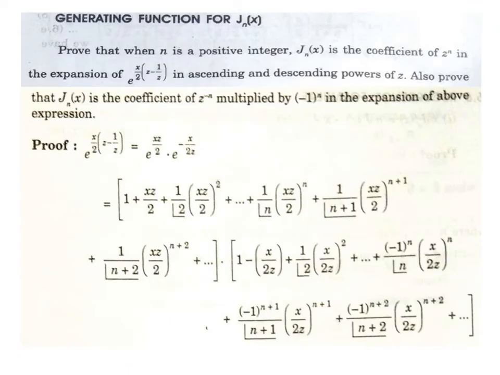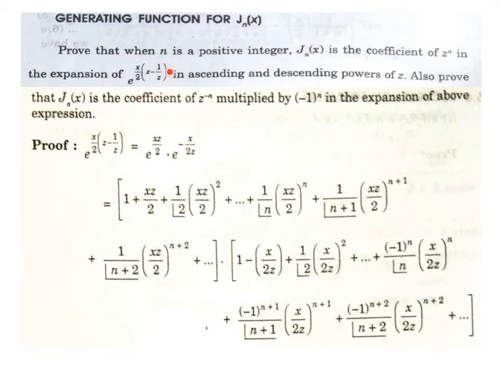Now we start with the generating function for Jn(x). Jn(x) means Bessel's function, or say the mathematical symbol of Bessel's function. Here we have to prove that when n is a positive integer, Jn(x) will come as the coefficient of z^n if we expand this